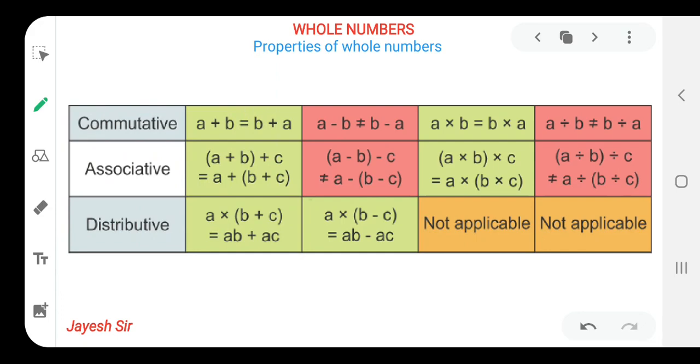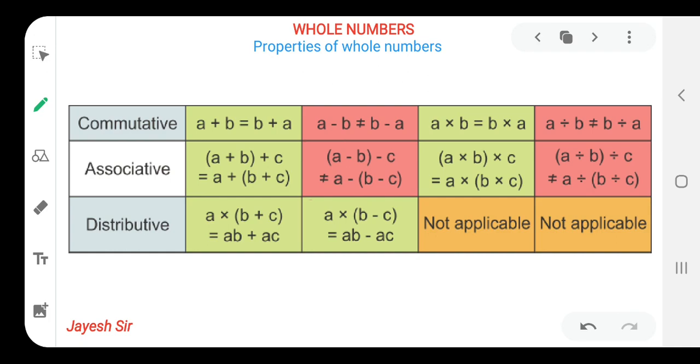So let's start with the properties, and these properties are going to help you till grade 10th. Yes, I am telling you again that these properties are going to help you till grade 10th. In each and every grade you are going to learn and revise these properties again and again in different chapters. So let's understand it properly over here instead of in higher grades. This is an advantage if you understand it here, and it will help you calculate sums much faster than your friends. I hope you all are getting it, and that's very easy.